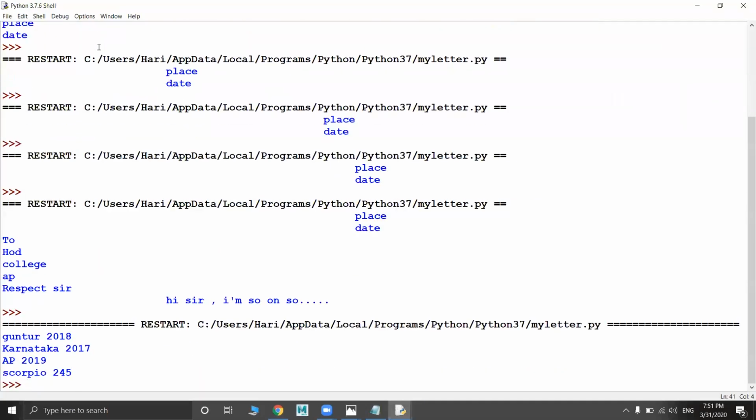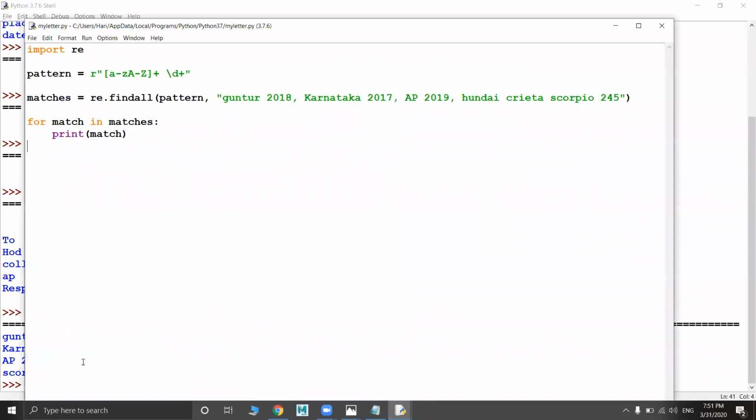Yeah, got it? You got the first three and also Scorpio 245. Why? Because here you have Hyundai, space, and after the space you don't have a number. So it checks for the next one. It again has alphabets and space, and it doesn't have a number. And then it checks for the next one.